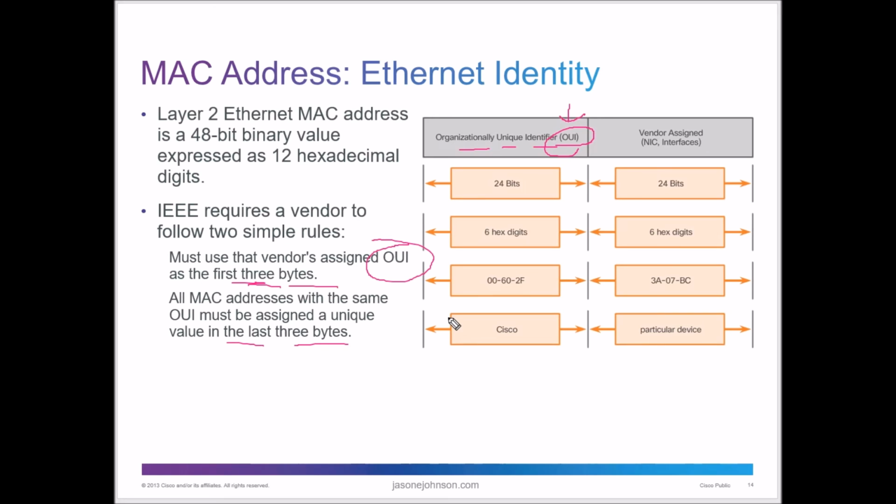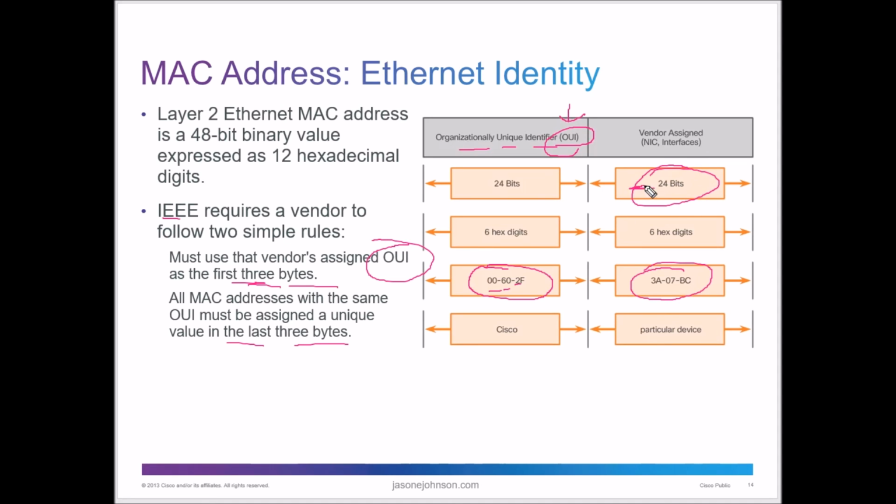So what would happen is if I was a vendor creating network cards, I would go to the IEEE, I would get my first 3 numbers from them, and in this case it would be 0060-2F. Now remember, that's hexadecimal. And then the last 3 blocks would be what I assigned. And so I would probably start off with something small and then go larger, but we've got a large block of numbers that we can use based upon those 3 sets of characters there, and it's 24 bits long. So we have a fairly large set of numbers.